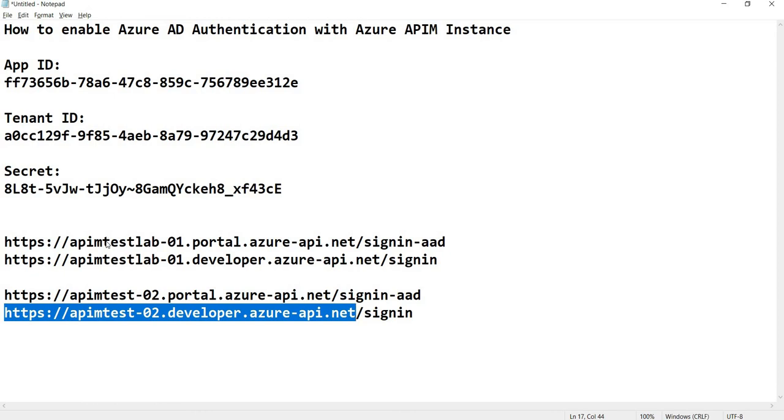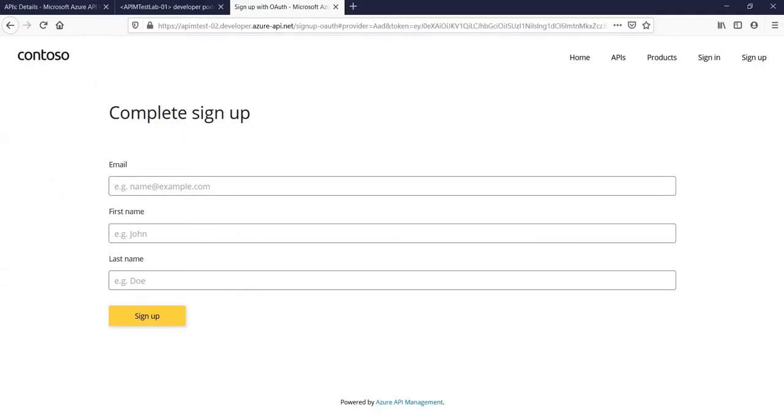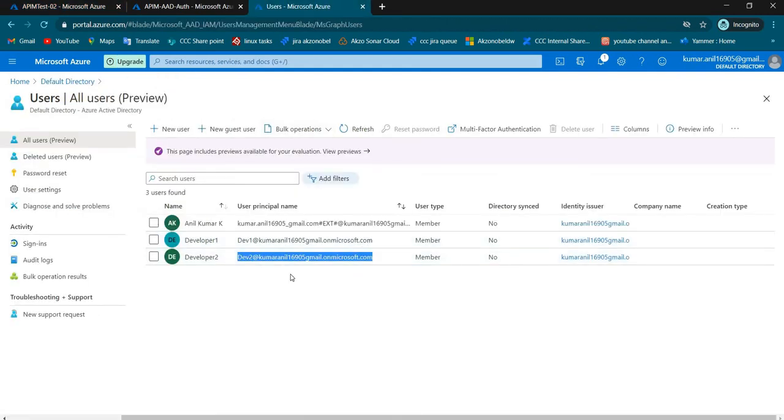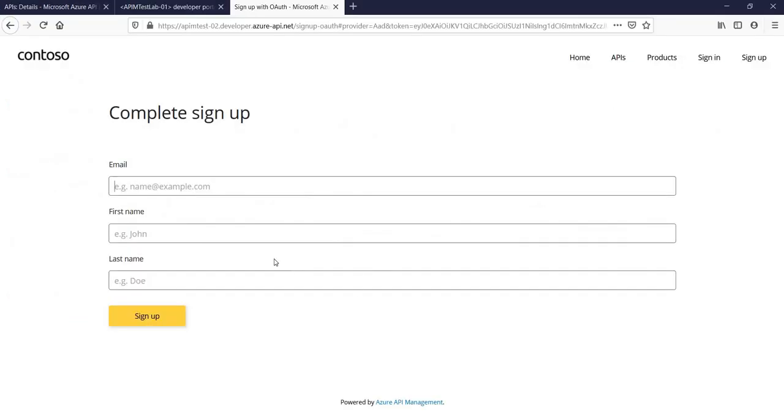Let me copy the user email address. It is there in the users. So let me give the developer sign up.